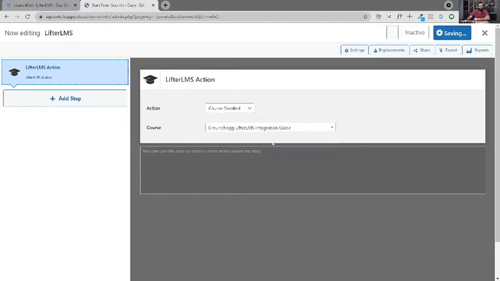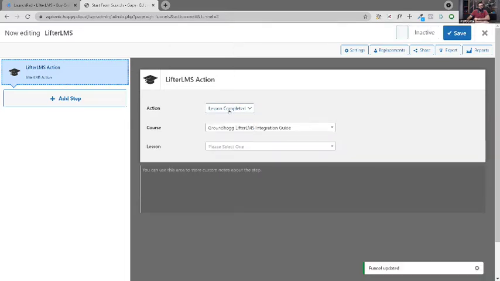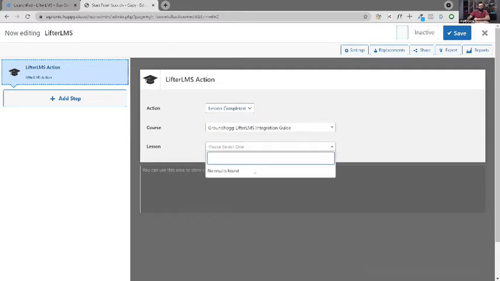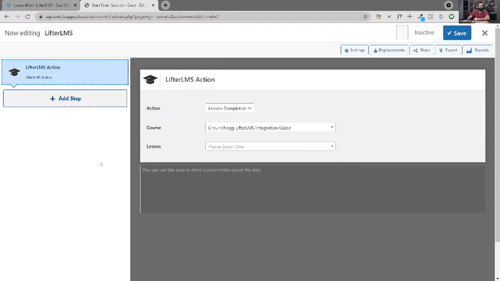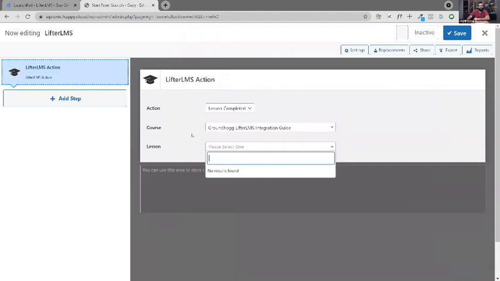We can select this. And we don't have any lessons in our course, but let's say if we had lessons, you can select lesson completed over here, select the course over here, and then select a particular lesson over here. And then the automation would be triggered when someone completes that lesson. In fact, we can